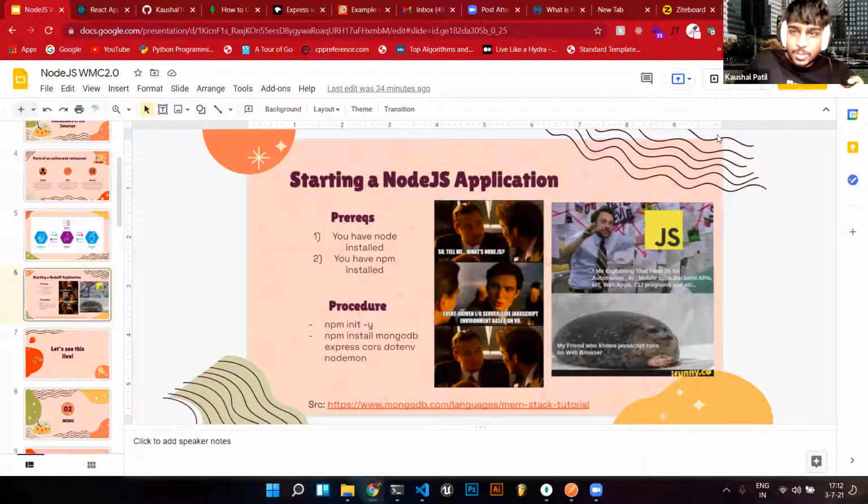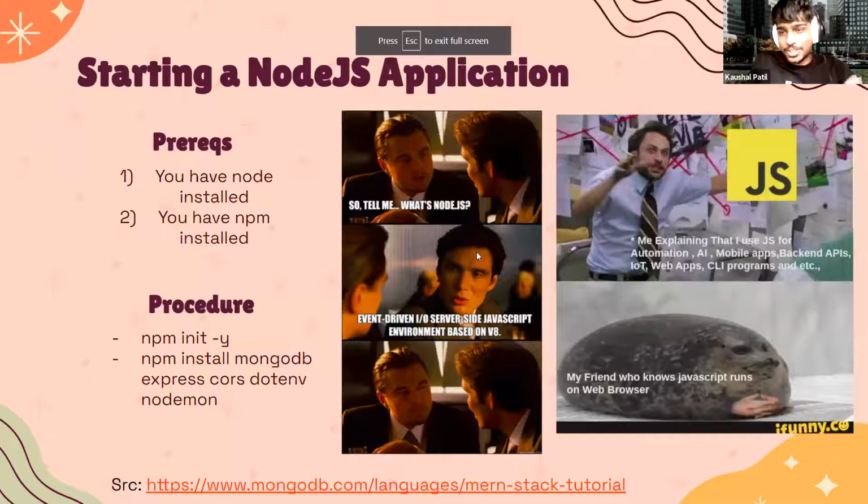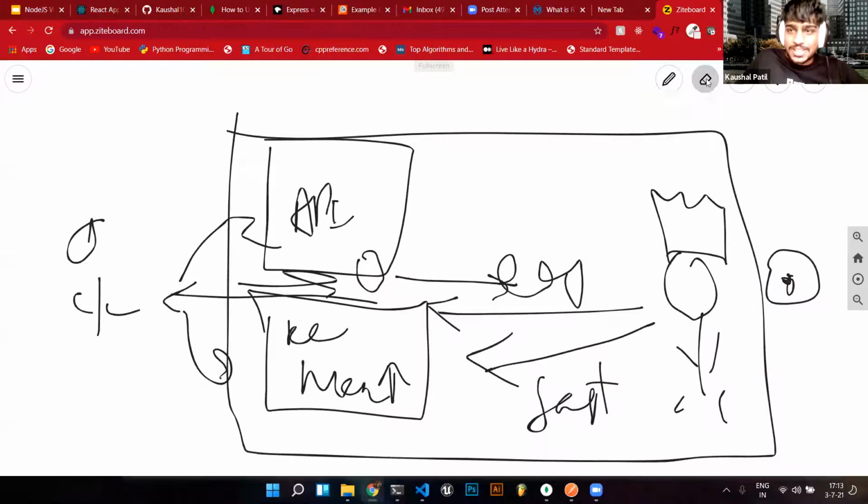There are multiple ways to build your restaurant or your web API, and one of the ways is Node.js. You can use Node.js to do other stuff also, like you can build applications in Node.js. There's something called Electron.js that you can use. But for the purpose of this website making challenge, I would be talking about web servers that you can spin up using the complete MERN stack, by using Express. So as I have some images here, what is Node.js? Event-driven IO server-side JavaScript environment based on V8. So what this means is that